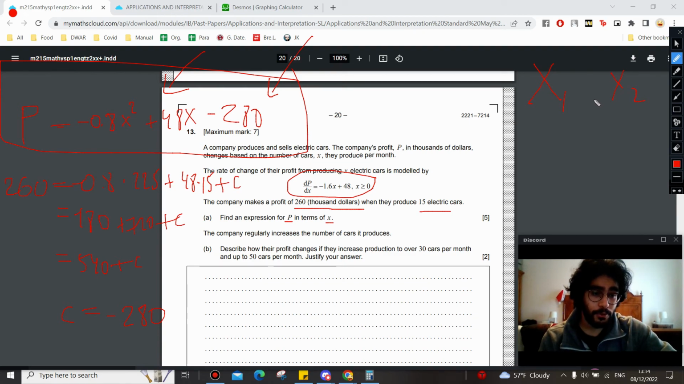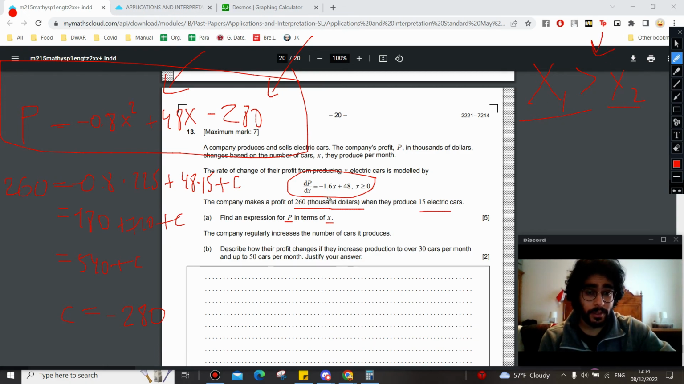So I will guarantee you that this value will decrease. Okay, so your answer will be that the profit will decrease if they increase the production to over 30 cars per month and up to 50 cars per month. Why? If you plug the value in, by the way, and write down the values, you will see that x1 will be bigger than x2,